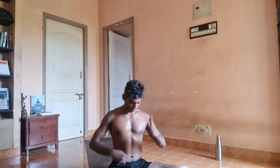As you can see, I'm breathing in, and the exhale I'm doing with force, and inhaling happens naturally. Drop your head, hands on your thighs, and go for as much as you can. None of my other body parts are moving except for my abdominals. Here we are going to do 2 times. First time we are going to hold the breath inhaling, second time we are going to hold the breath exhaling. So whenever you are ready,